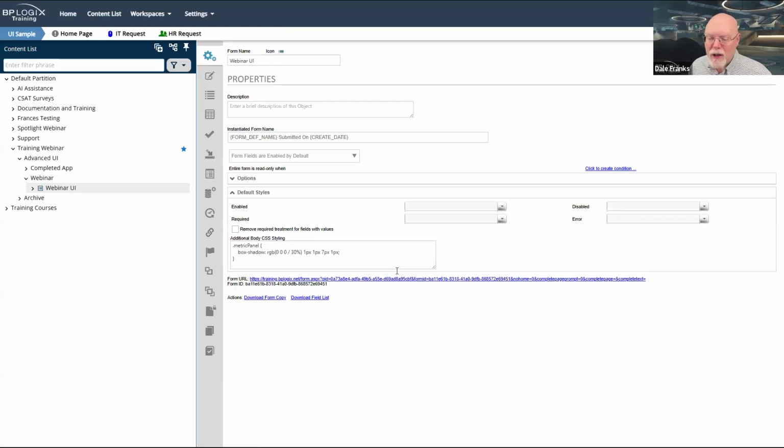So actually using the additional CSS body styling to set the style on individual controls can be difficult because you have to know what style needs to be changed. You have to set the style that you want to change as important. And sometimes, because of the way the CSS stack works, you just can't change a particular style on a control. It does get tricky. There are ways to do it, but it requires some familiarity with Process Director styling. On the other hand, you can do things like this.